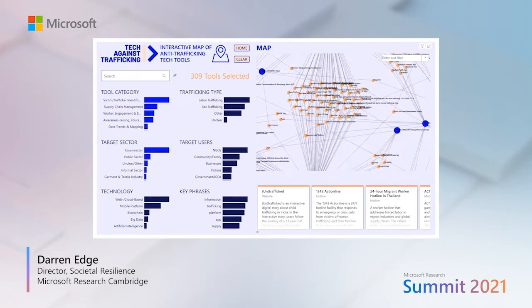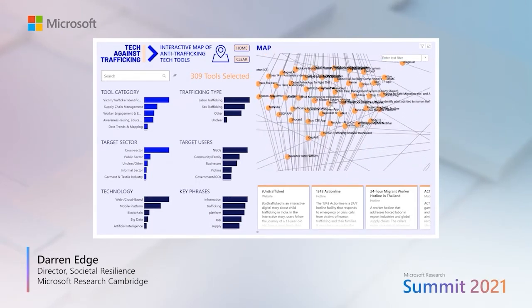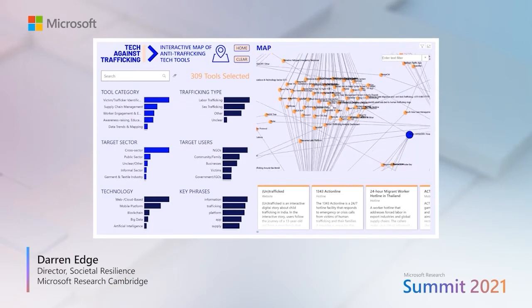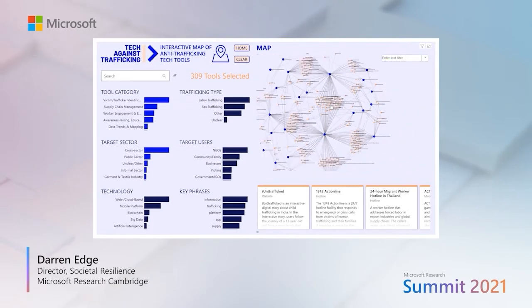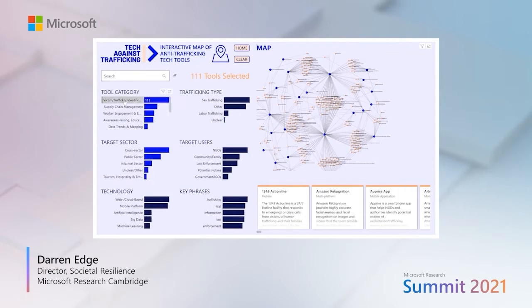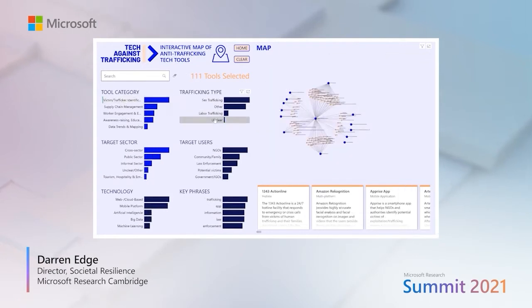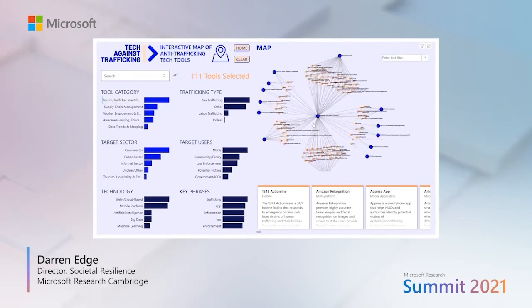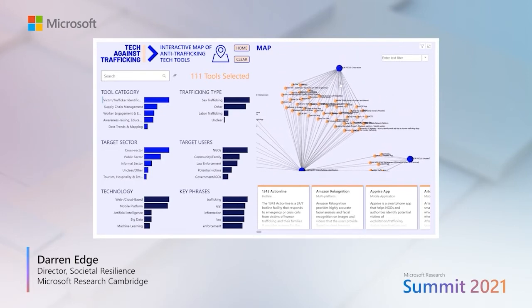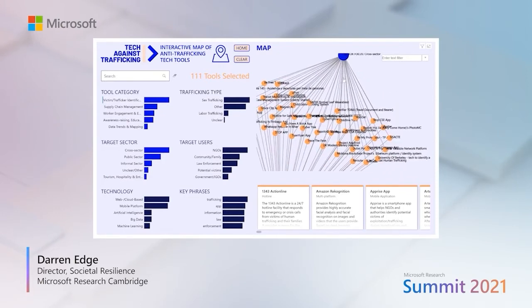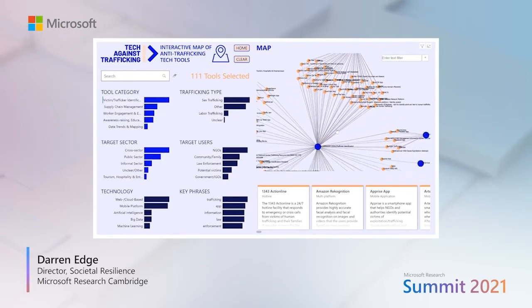So all of these orange tools connected to both of them are tools that are both cross-sector and for victim or trafficker identification. If we'd like to get a clearer view by zooming into the map, we can filter on something of interest, like victim or trafficker identification. That puts it in the center of the map, and then we can start beginning to explore these clusters of tools used in different sectors in this instance.